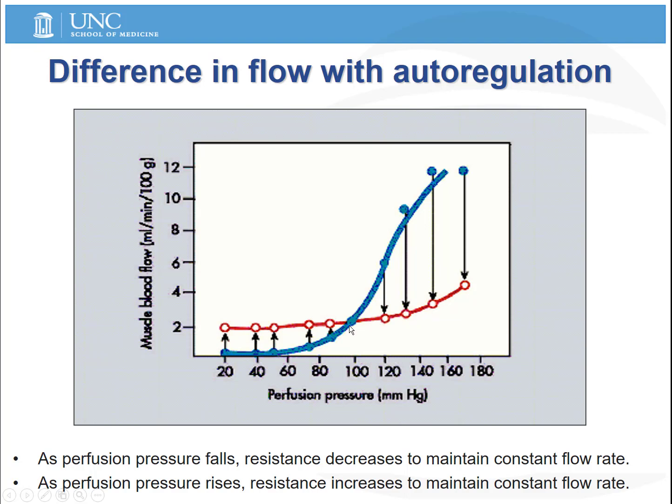So this autoregulation is really useful on both sides. If there's a decrease in perfusion pressure, autoregulation maintains an appropriate blood flow and pressure to keep that tissue alive. And on the other side, if there's an increase in perfusion pressure, autoregulation prevents a waste of blood flow to organs where flow is already sufficient.